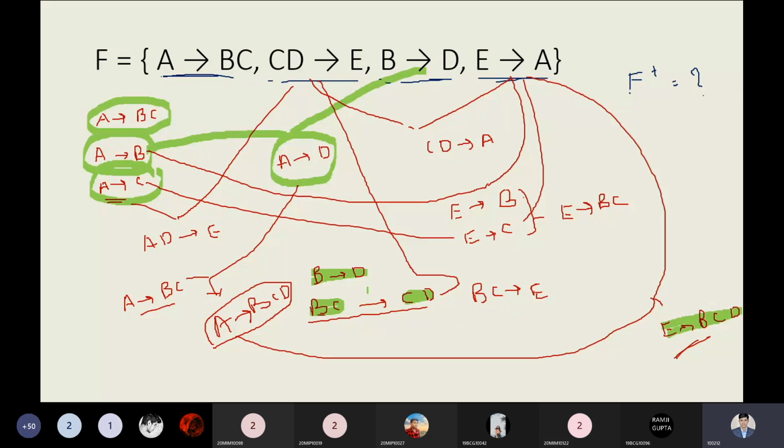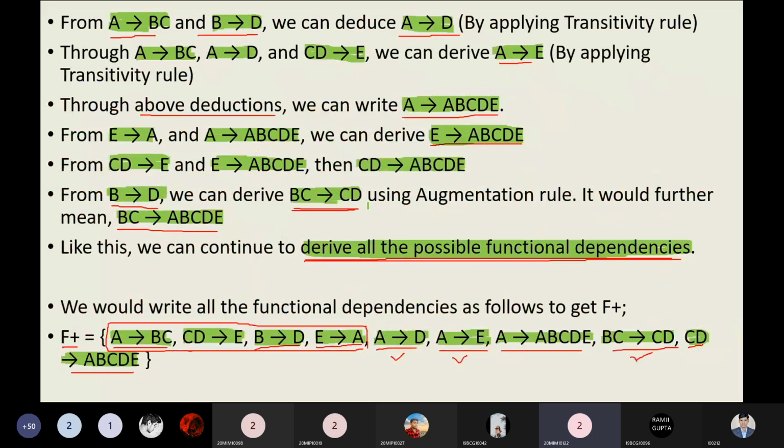Okay. Now this question is clear. How to solve the question? Is it clear to all right now? Students, tell me any problem. Sir, the number of relations students form may vary from student to student. It can vary, but the point we have to keep in mind here is the possible functional dependencies.